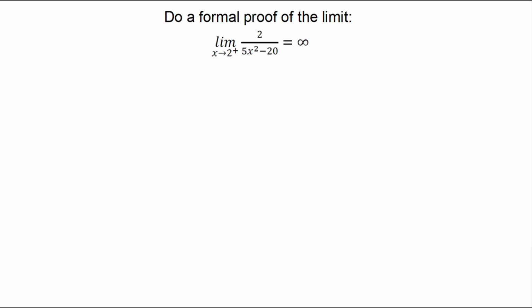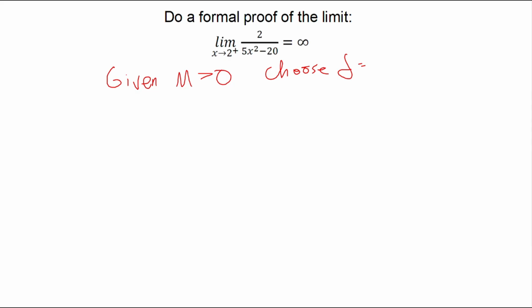All right, so our next one here is the limit as x approaches 2 from the right of 2 over 5x squared minus 20 is equal to infinity. So for this one, we're equaling infinity, which means it's an M proof, and x is approaching a real number, which means it's a delta proof. So this is a delta-M proof, and since it equals infinity, we'll start with given M greater than 0,